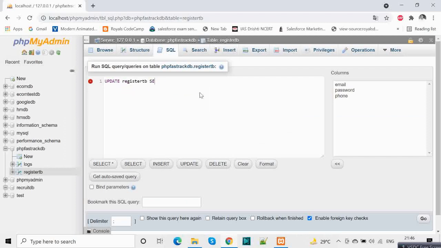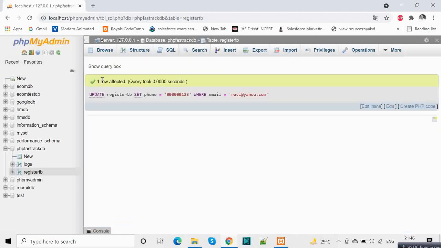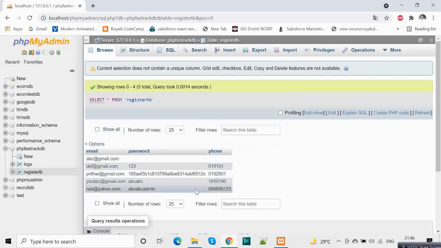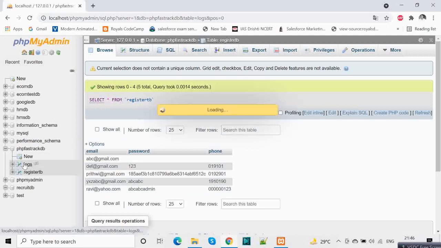Update register TB set phone equals 0000123, where the user's email is ravi@yahoo.com, and let's run this. So one record is affected. Let's go over here. So we see the phone number is updated.